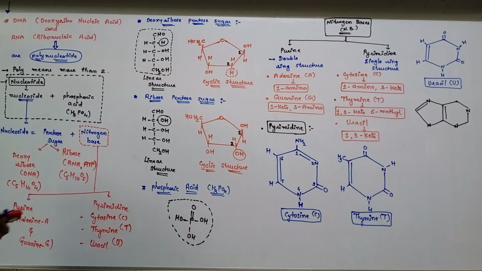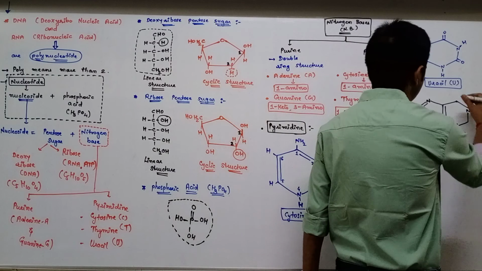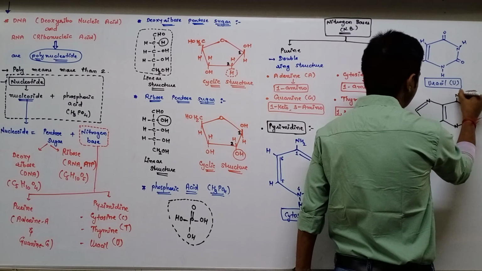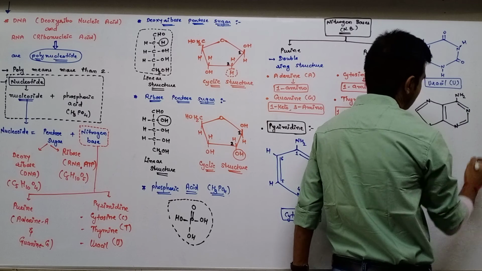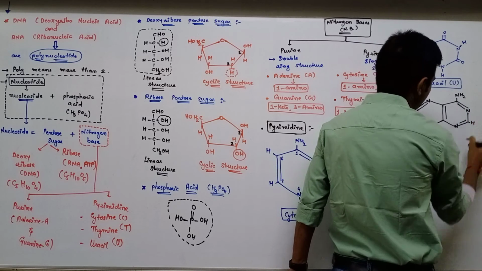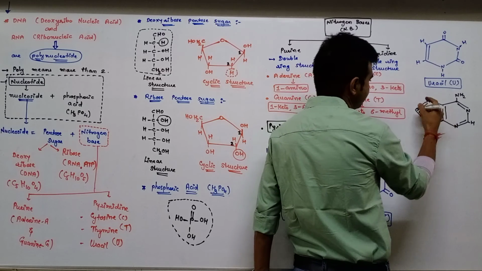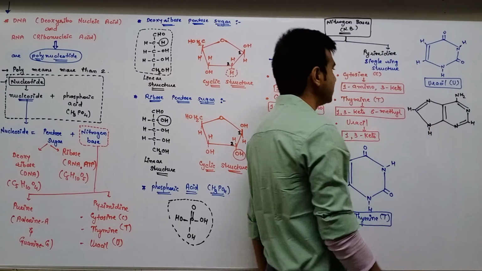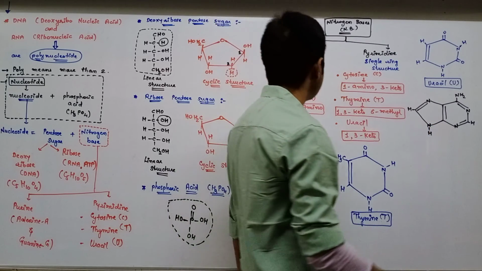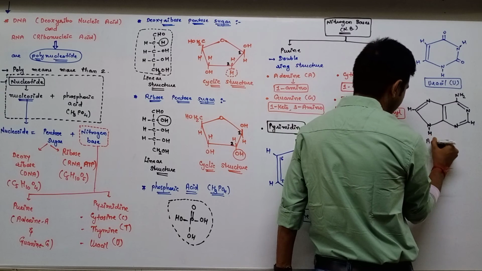Just for example, if you want to draw the adenine, then code is given there. 1 amino. So here over the first carbon amino group is there. Alternate bond is here. Now this carbon has filled up the valency with hydrogen. This carbon filled the valency with hydrogen and this nitrogen filled the valency with hydrogen. This is the structure of the adenine.